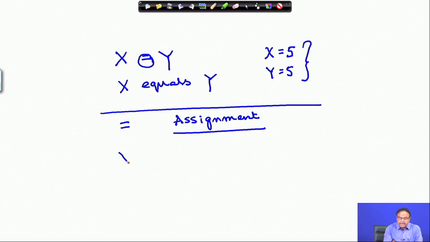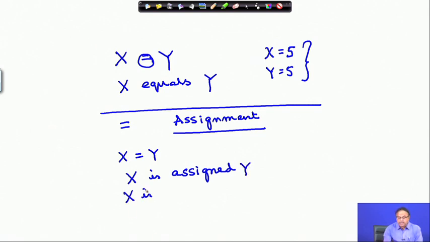When I write x equals y, I will read it as x is assigned y. What does it mean?